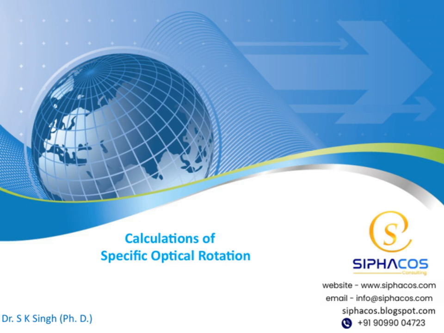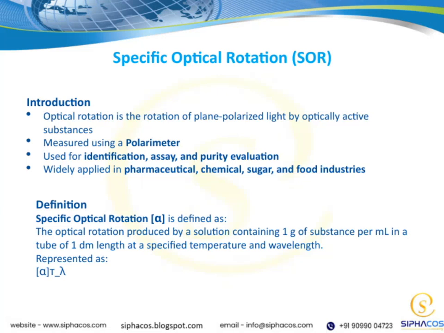Let's get started. Let's start by understanding what specific optical rotation, or alpha, actually means. It is defined as the optical rotation produced by a solution that contains exactly 1 gram of the substance per milliliter, measured in a tube that is 1 decimeter long, under specific temperature and wavelength conditions. This helps us standardize how we measure optical activity across different substances and conditions. We often see it represented as alpha with a subscript indicating the temperature, T, and the wavelength, lambda, at which